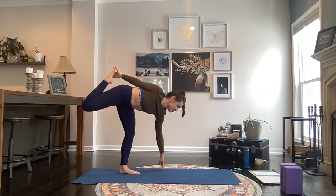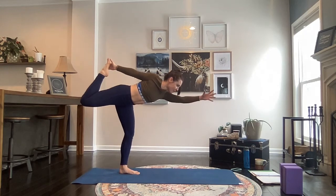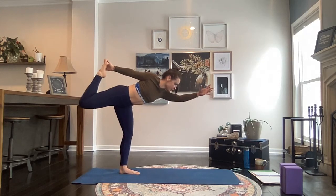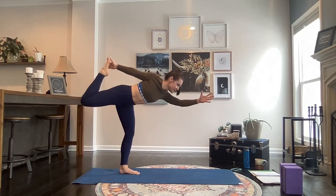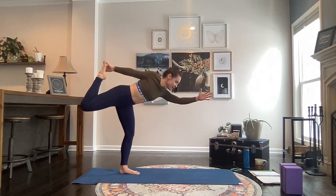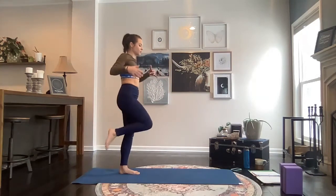And taking our time, follow that dristi as you begin to reach that left arm forward. We're in our dancer pose. Keep pressing right foot into that hand. Breathe here. And then inhale, follow your dristi all the way up as you squeeze this right knee into the